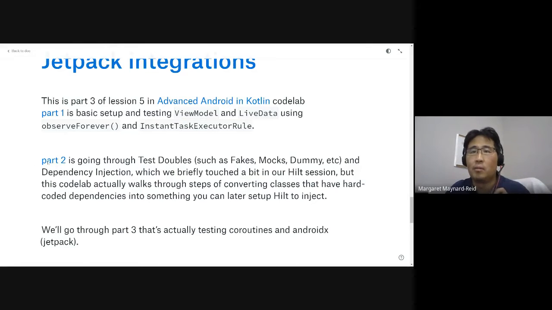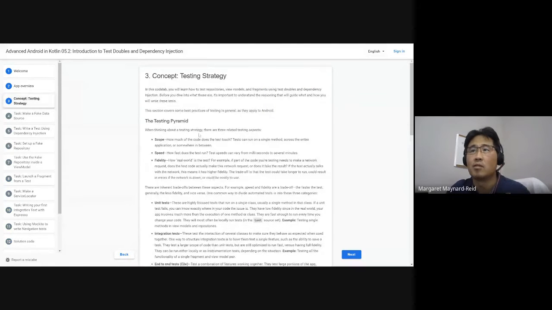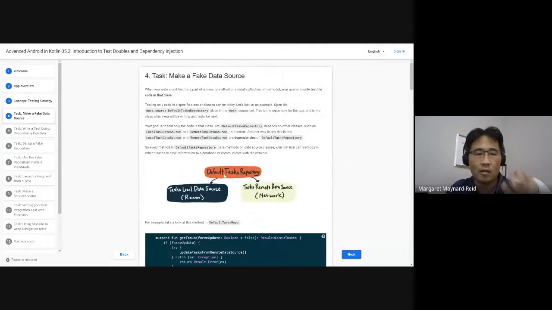And the second part, part 2, is going through the concept of test doubles. Test doubles are what we use in tests that resemble the actual working system, but in different ways that help you test your things. So there are fakes, mocks, dummies, and other concepts listed here in the testing strategies. For example, it went through how to make a fake data source and